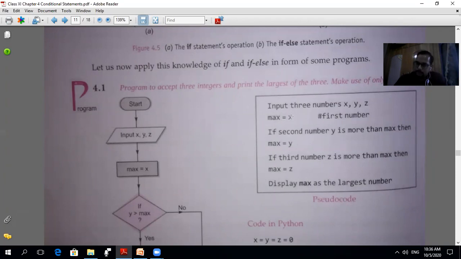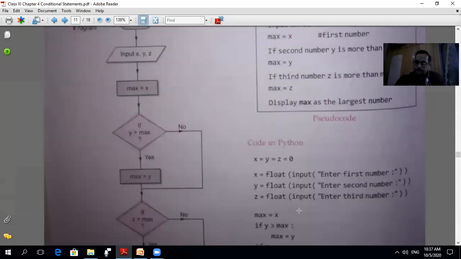That means the value of x is assigned in variable max. If the second number y is more than max, then assign the value of y in max. If third number z is more than max, then assign the value of z in max, or display max as a largest number. ये इसने pseudo code बना दिया इसी फ्लो चार्ट का.